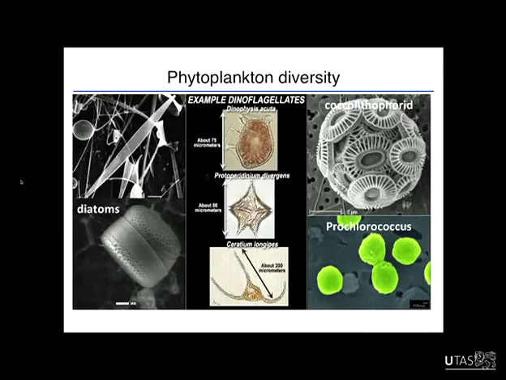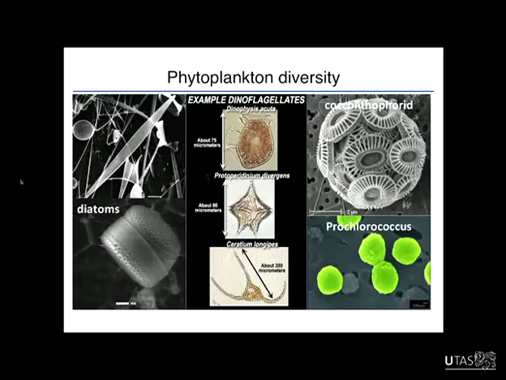Okay, so that was a section about nutrient cycling in the ocean. So I'd like to talk for a few slides in a bit more detail about the organisms that are actually doing that nutrient cycling, and that's the phytoplankton. So these are photosynthetic single-celled organisms of the order of, say, anywhere from about 1 to 10 microns in size. And here's a couple of the major groups.